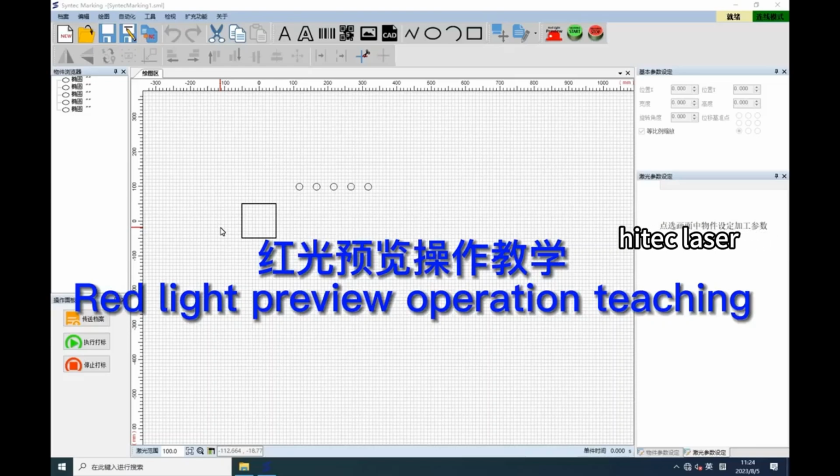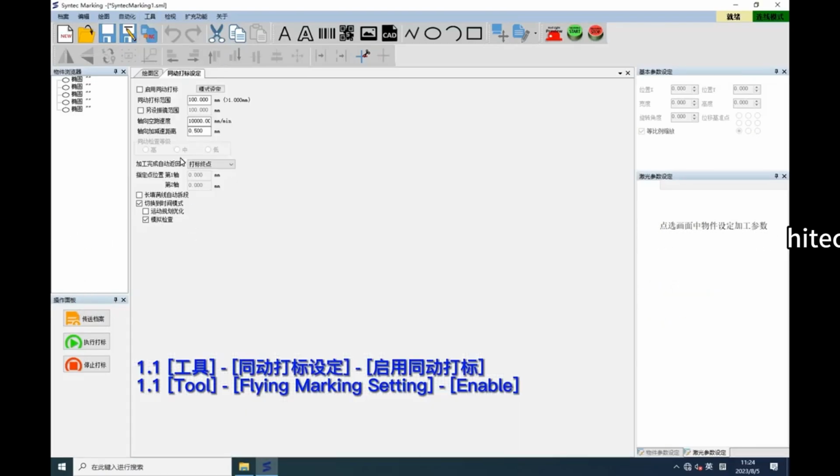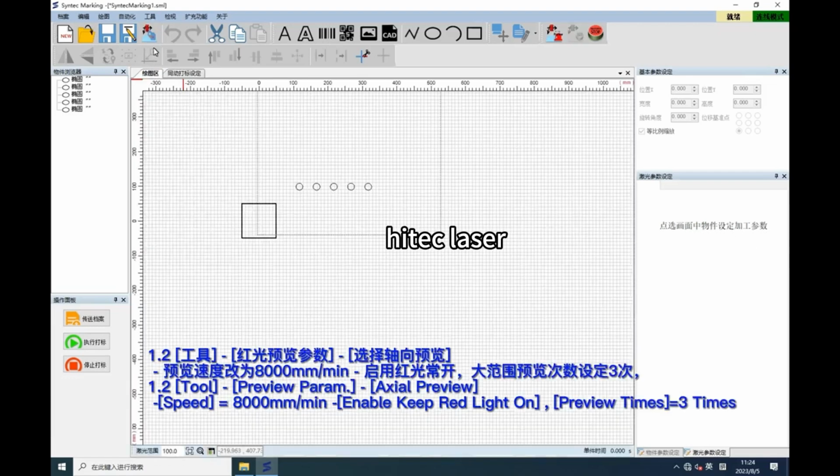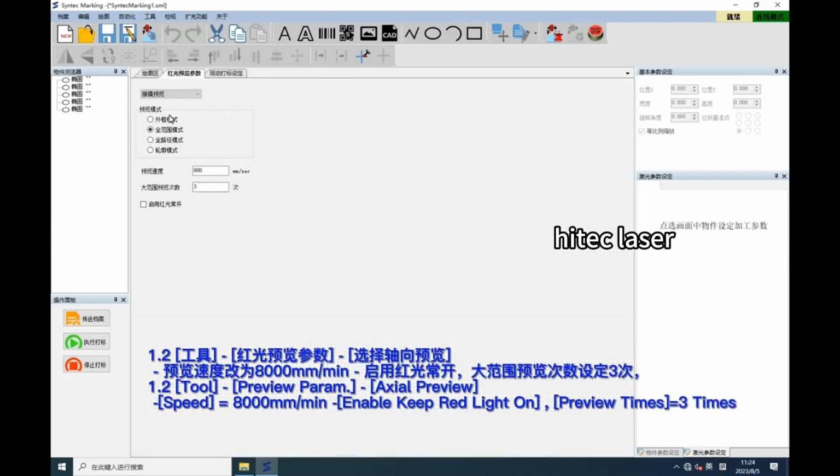Red light preview operation teaching. 1. Tool flying marking setting enable. 1.2 Tool preview param, axial preview, speed equals 8000 mm per minute, enable keep red light on, preview times equals